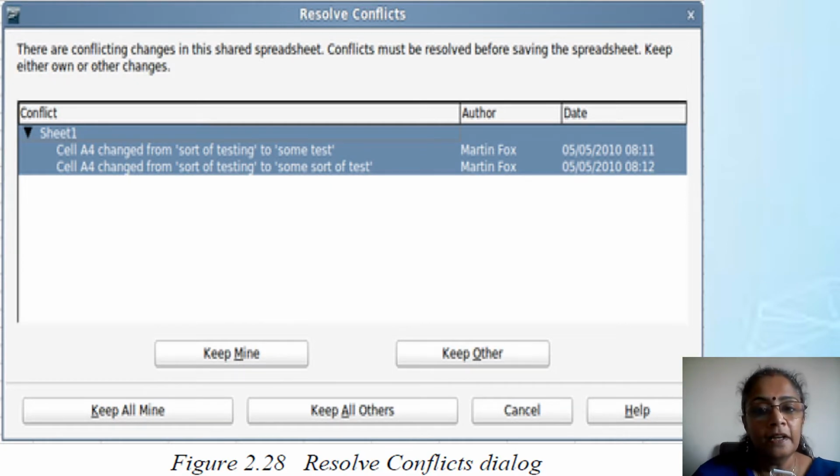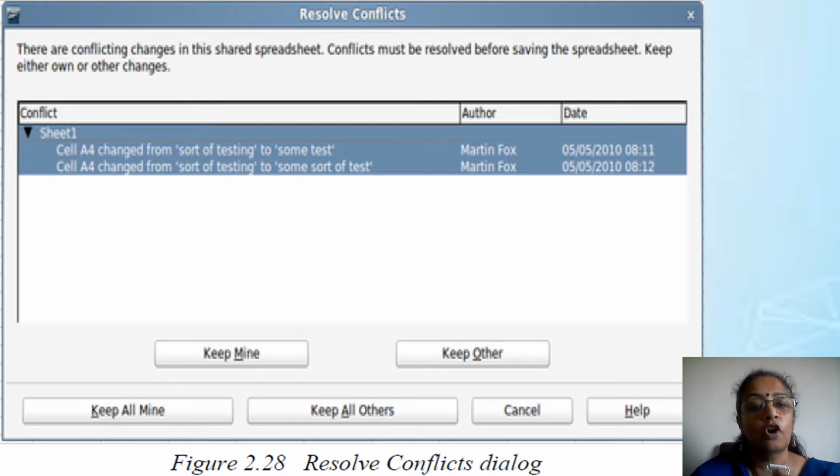So when conflicting data happens, there is a Resolve Conflicts dialog box in which both the data that you have saved and the data he has saved will be there, and one of them has to be accepted. So it will be keep all of mine, keep all of the others, keep mine, or keep the others. That means individually you have to click on a selection and say, in this case you keep mine, in this case you keep the other person's, in the third one you keep mine, or all of mine has to be kept, or all of the other person's have to be kept.